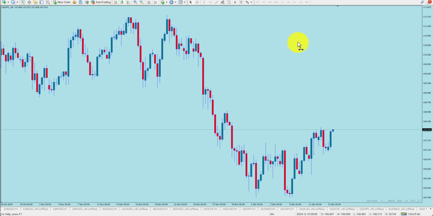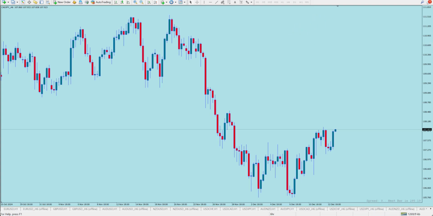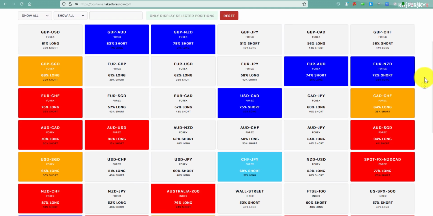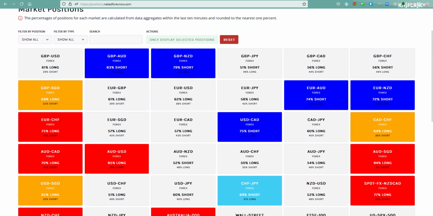All right. So how do we use the crowd? And by the way, I always use the crowd when I establish which positions I'm going to take. The reason I do this is because historically, we know that our traders will go against major trends. All right? Now, this is an empirical question, in other words, it's testable, right?